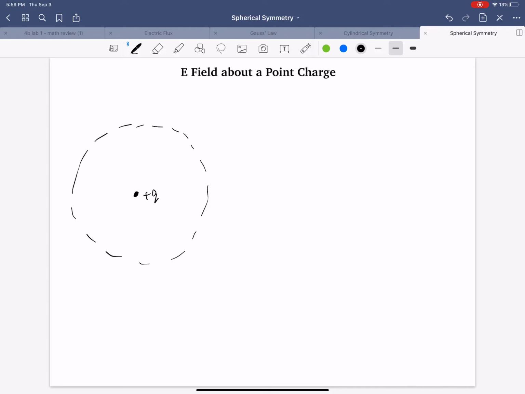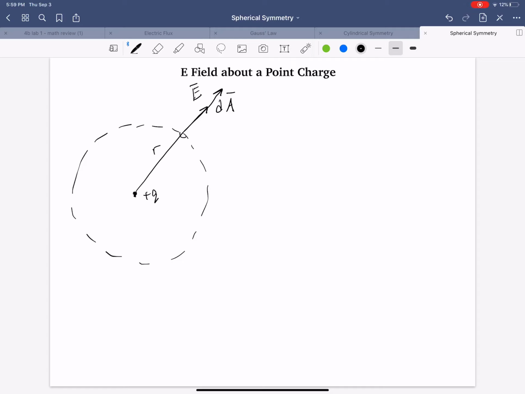All right, so this sphere is of radius r. There you go, radius r. And remember that the normal to the surface, the dA, points outwards in the radial direction at all points. So, for example, right there, we can draw the dA vector, but that's also the direction of the electric field